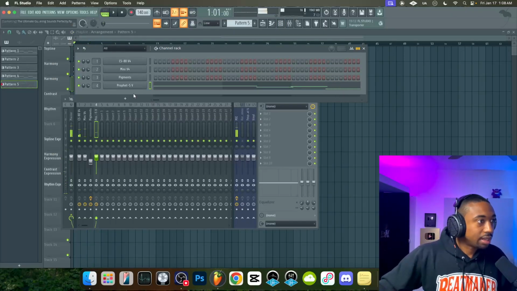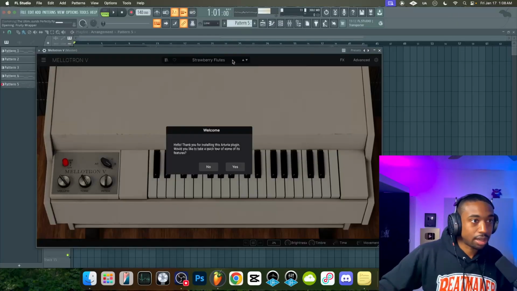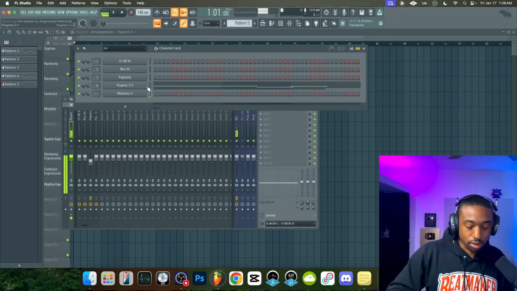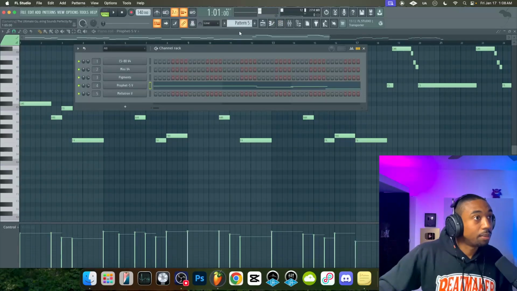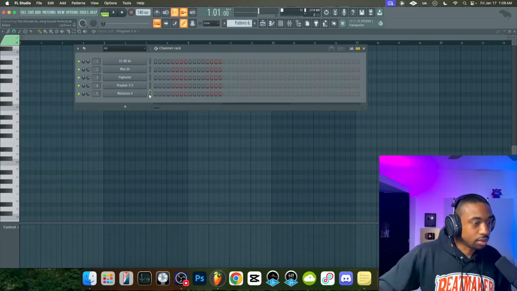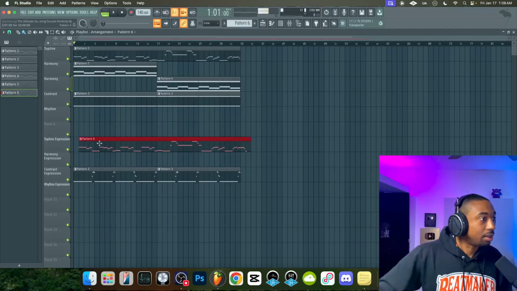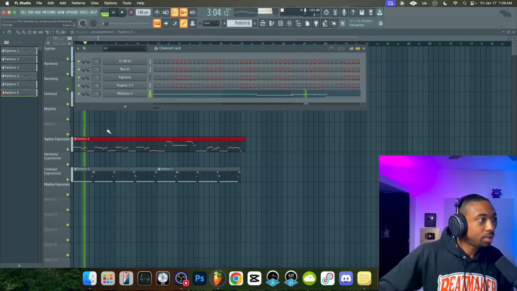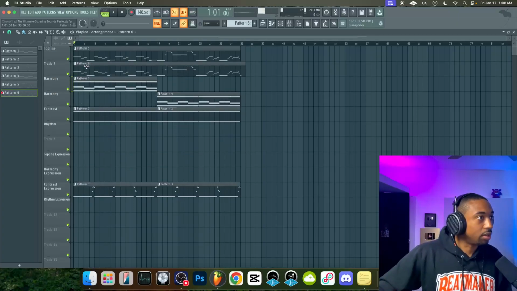Now what we can do to stack this is think, okay, what other sounds are known for melody? Let's add some mellotron in here. We're going to copy the same exact notes. We're just going to pick a different sound. I'm going to stick with the flute sound because mellotron is known, in hip hop at least, for the flutes and the brass and the strings, I guess, technically. All right, so let's add this in, and we're going to have the same thing happen, but this time we're going to play the other flute. Now, to me, this is more of a layering, so let's see if they sound good together.